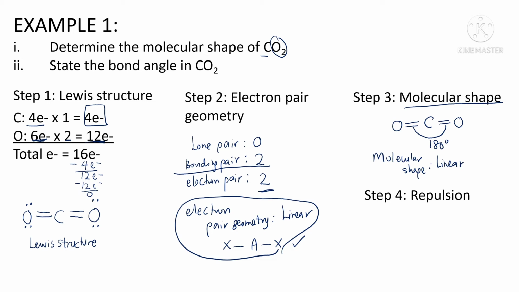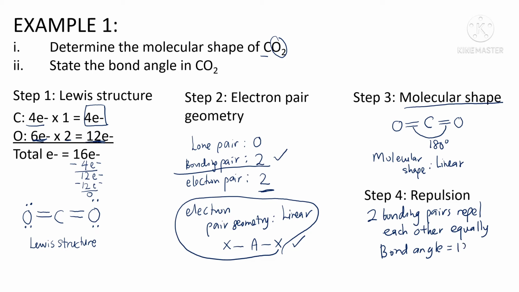And step number 4, we want to determine the type of repulsion. So only two bonding pairs involved. Therefore, in carbon dioxide, only two bonding pairs repel one another equally. So only bonding pair repulsions involved, and two bonding pairs repel each other equally. And that gives bond angle